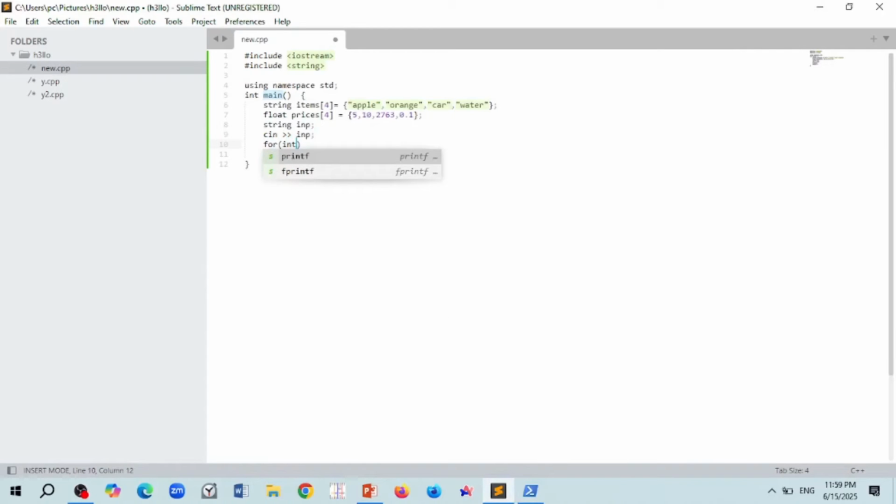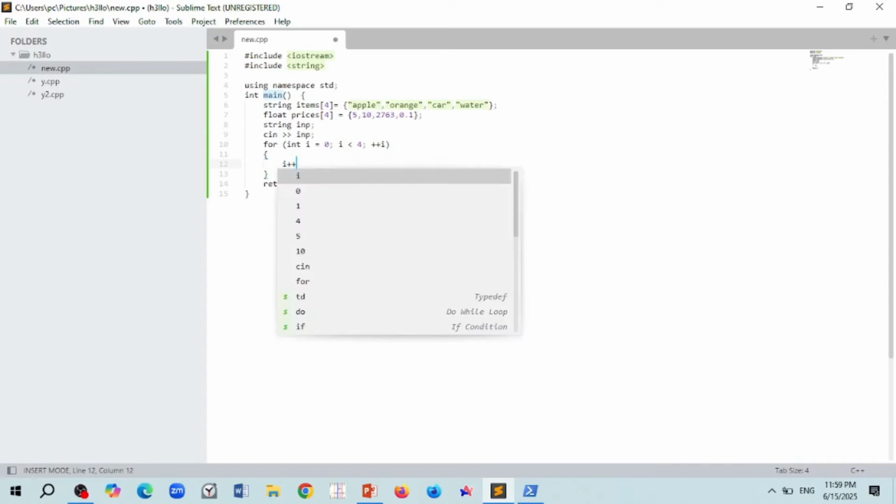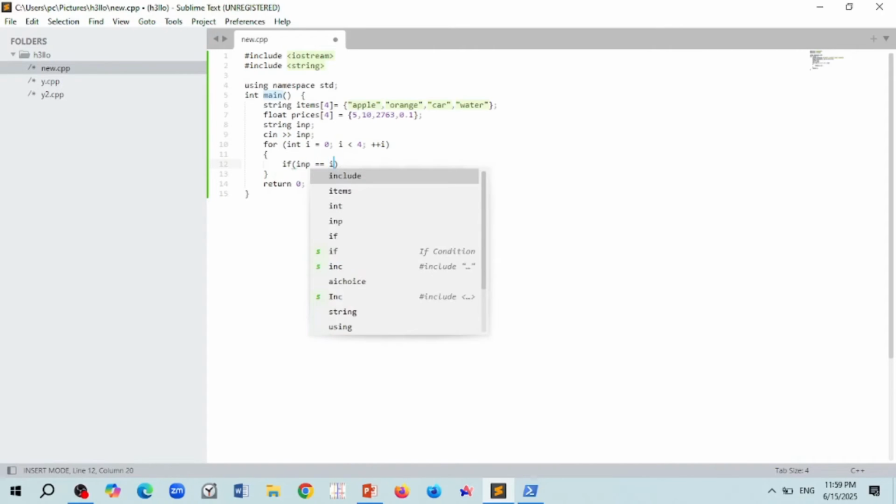I will loop through each of the items. Wait. I is less than 4, which is the number of the items. I++. Wait, no. Now, what I will do next is take each of the items and check if the person's input matches with any of them. If then the input is equal to any of the items,